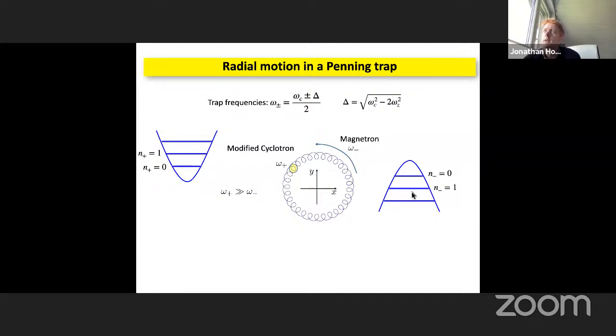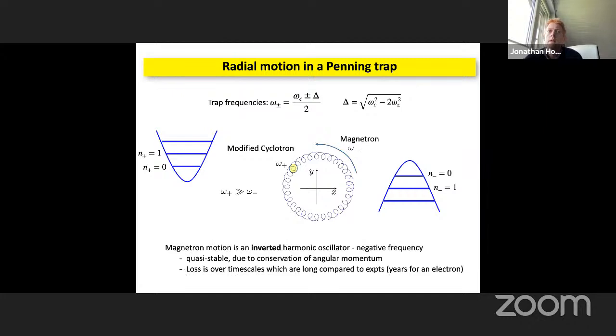That said, there can be dissipative processes, and if you have dissipation that's sucking energy out of the system, that can produce this sort of behavior where you essentially, in an inverted way, heat up the magnetron and eventually lose it from the trap. So then you have to think, what are the consequences? So it's quasi-stable, essentially due to conservation of angular momentum, and you have to worry about whether you lose these